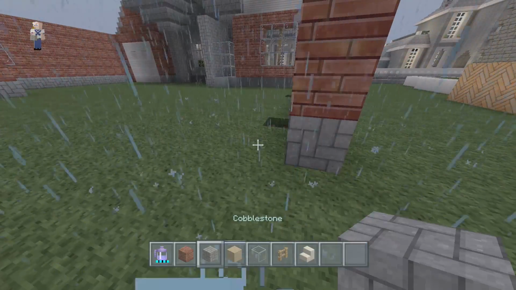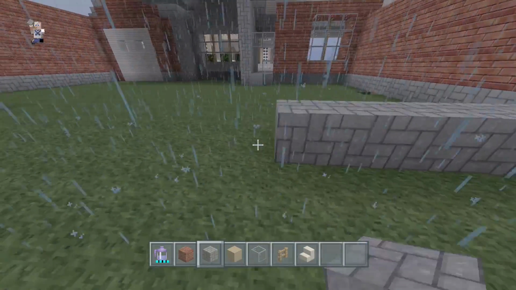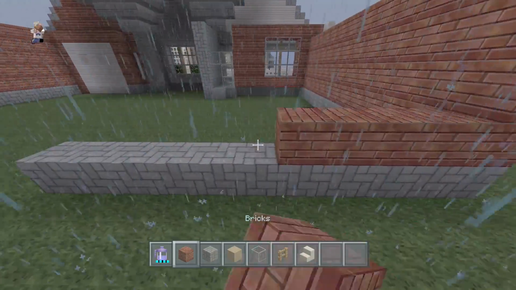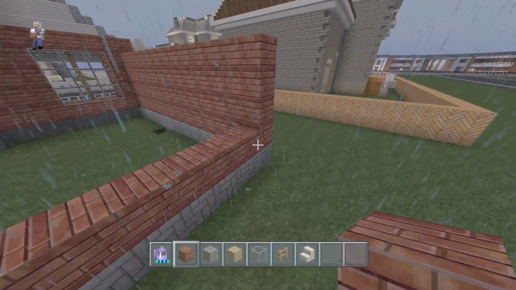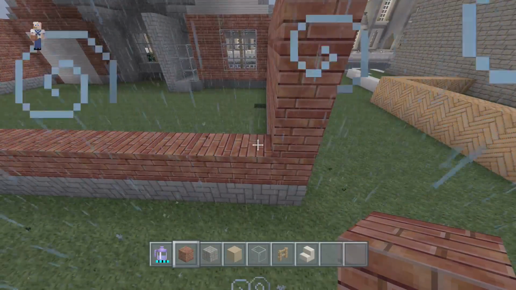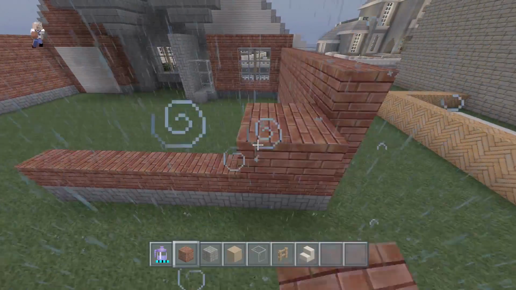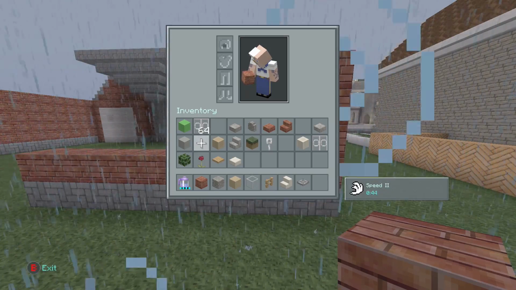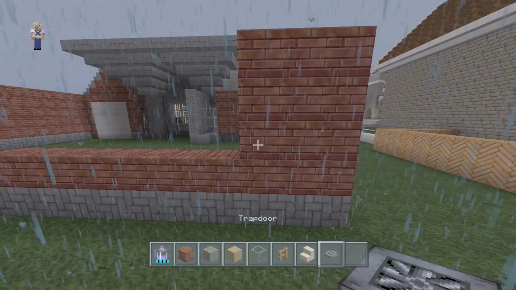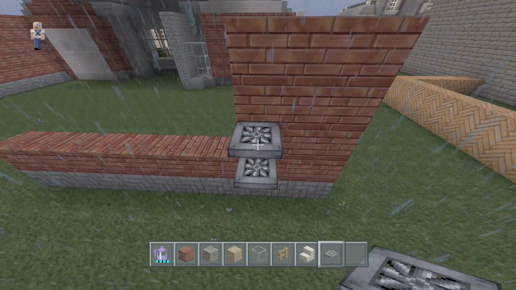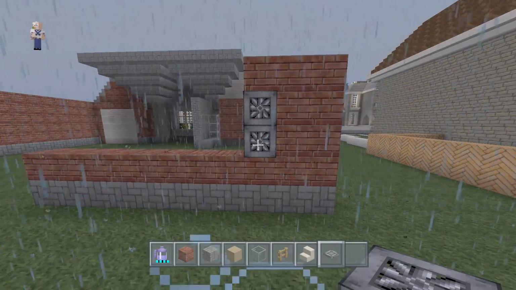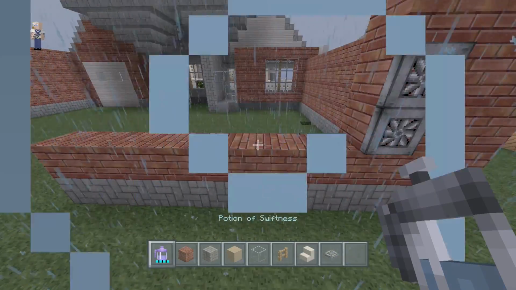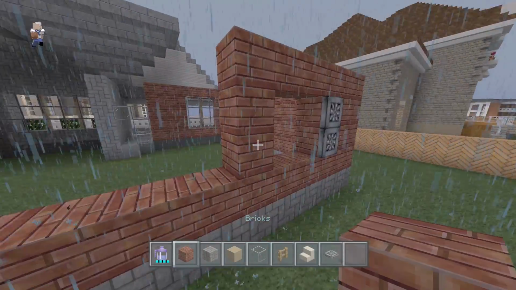Alright, we're going to come back over to the left side of the house if you're facing the front. And what we're going to do, take your cobblestone out, and we're going to have it come back pretty far, maybe about where the door starts. Okay, now we're going to have brick on top of the cobblestone, and then we're going to have 2 or 3, or let's have 3 blocks from the corner. So 1, 2, 3. Okay, now on this 3rd block, what I want you to do is take out your trap doors. Okay, and the trap door is going to start right here. And this window is only going to be 2 tall. So we're actually going to be set here. Alright. So, and this window is only going to be 2 wide. But you are going to do the exact same thing with the trapdoor on this side as well.